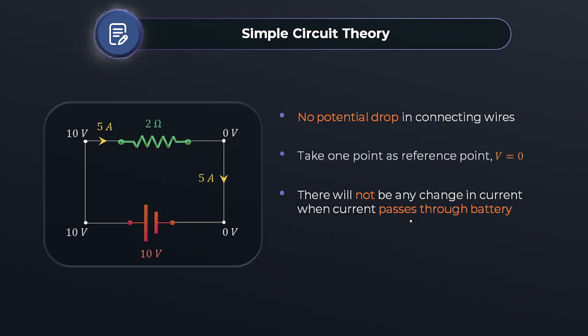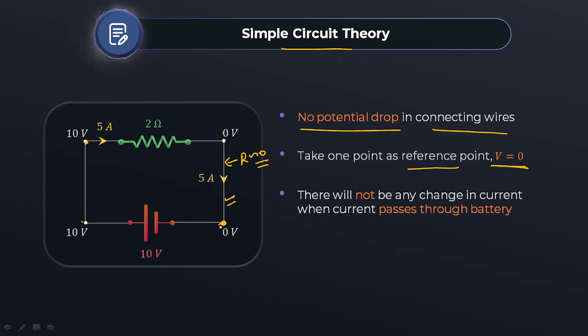So what are circuits? We can say a simple circuit is when there is some resistance and some battery connected and current is flowing in the circuit. That is a simple circuit, right? So when we say current conducting wire or connecting wires, we consider the ideal case. So there is no potential drop in the connecting wires, because these wires are ideal and we consider their resistance approximately 0, right? Now we can take any one point as having potential 0 for the reference point. Any point you can choose, here, here, here, anywhere you can choose.